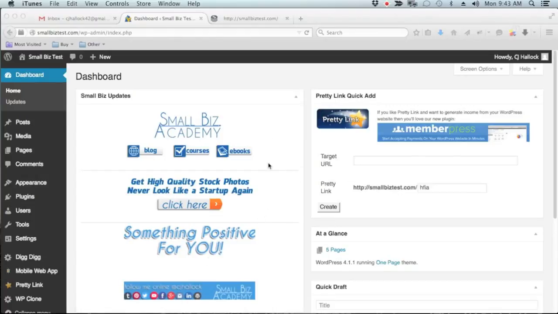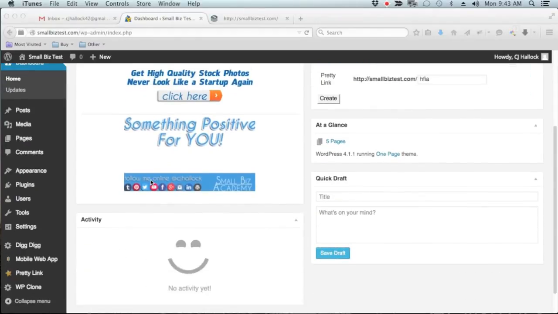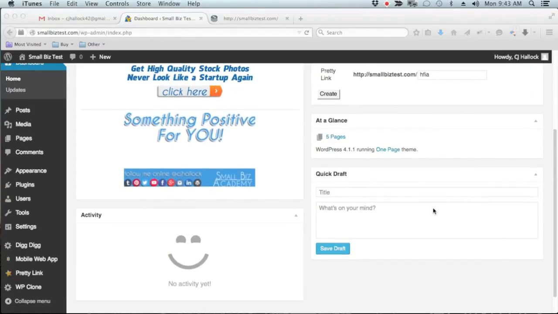So this is your dashboard homepage. Very basic, self-explanatory. The Pretty Links we're going to cover in a different video. Quick Draft is basically what it says. If you have a quick idea for a blog post, you don't want to spend the time to write a full blog post, you just want to get the idea up there, you can come straight to this box and put the title in for